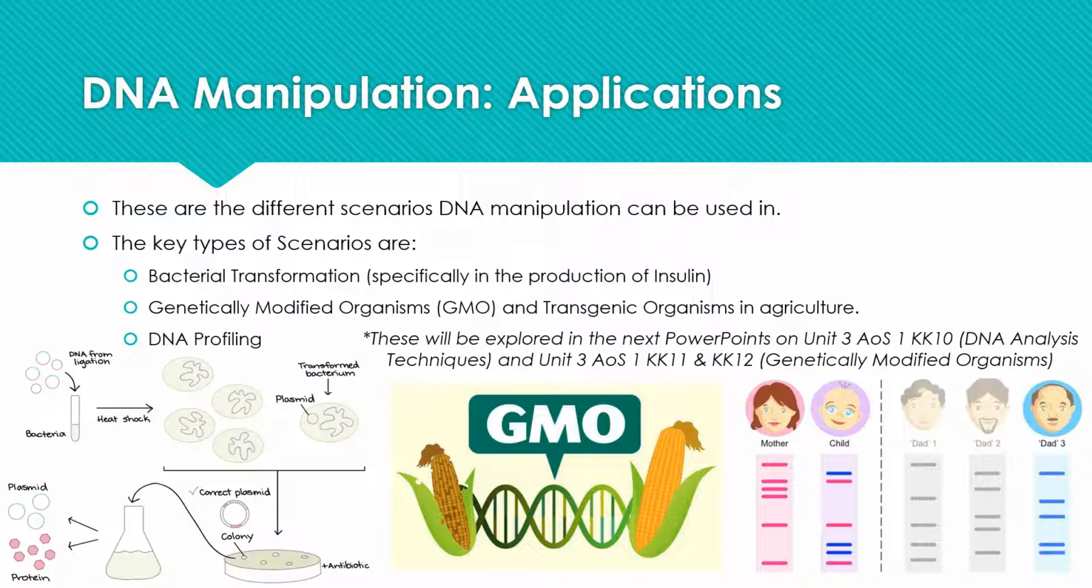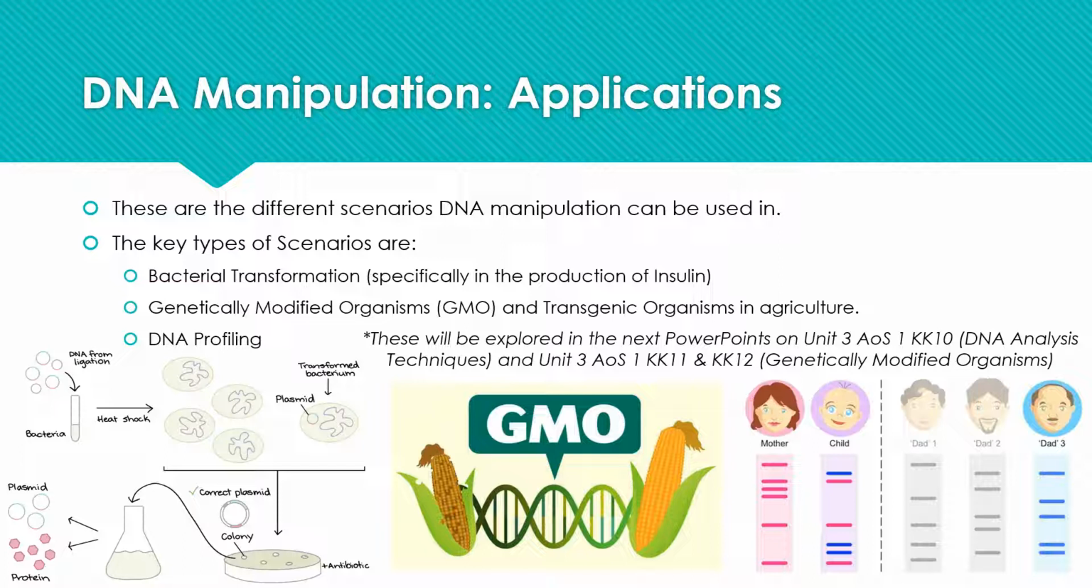Some of the key types of scenarios are in what we would call bacterial transformation. This is where we change the DNA in the bacteria so that it does something else, and we transform what that bacteria is able to do. Also, the manipulation of organisms to become genetically modified organisms or transgenic organisms. Those two types of things are very similar, but we'll look at the difference between them in a later PowerPoint, particularly looking at GMOs and TGOs